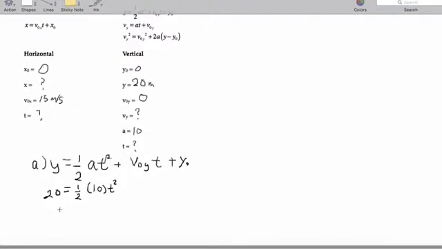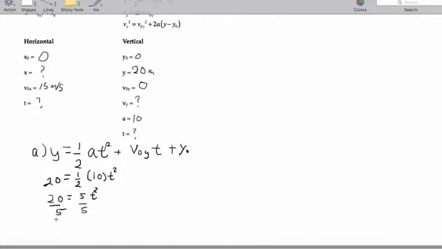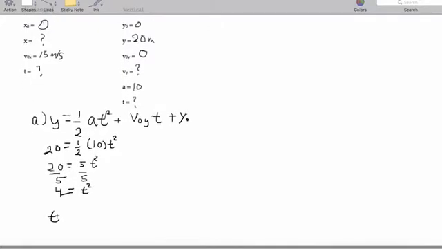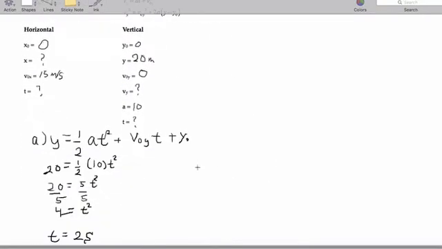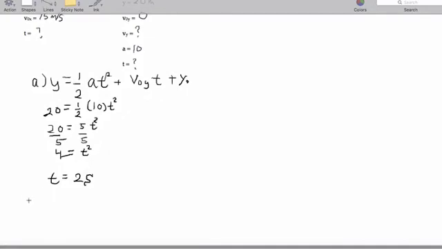We'll go ahead and solve for t squared. So I get 20 equals 5t squared. Divide by 5, and we're going to get 4 equals t squared. And then when we simplify that, we're going to end up getting that t equals 2 seconds. Yippee! Now, for part B, the horizontal distance it traveled, we use the x equation,